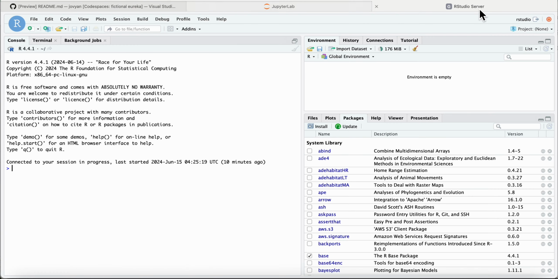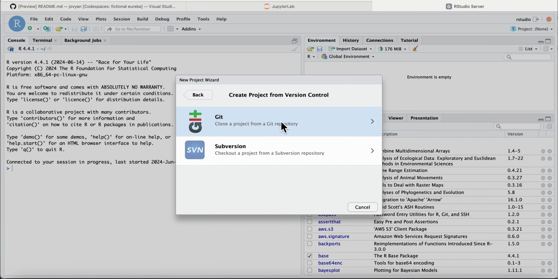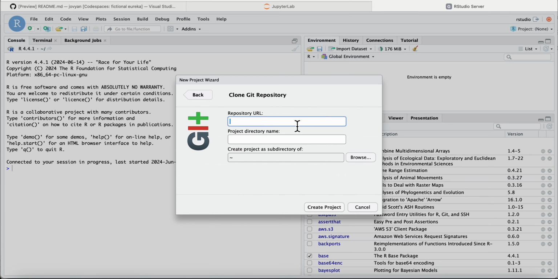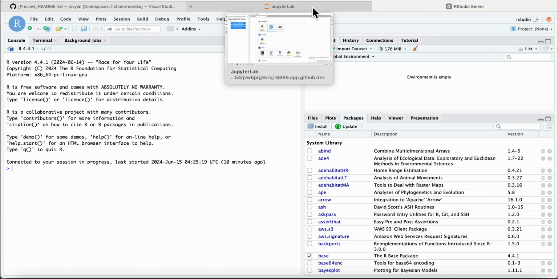If I were working in RStudio, the way you do that is you go into Project, New Project, Version Control, and then you do Git here and put the URL. So a little bit more setup each time you go in. You could probably set up that dev container JSON file to do this automatically, or you just have to factor in a little pulling at the beginning. All right,